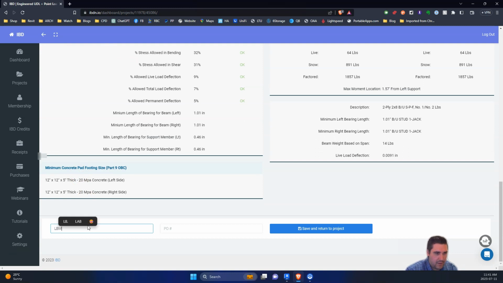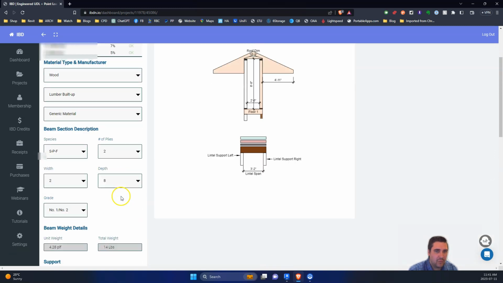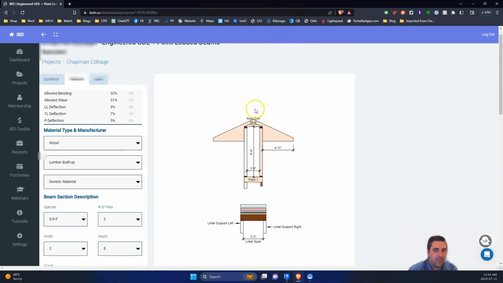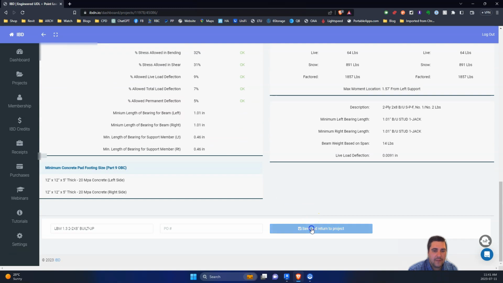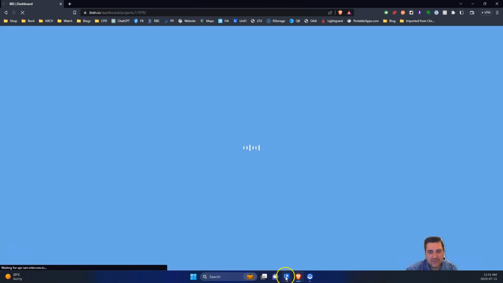2-2x8 inch build. So this lintel we'll probably use in a few spots because there's a couple small windows, but that's in general sizing structure. So we can change this to be 2-ply 2x8. I already have that there. Cool. So we can call this LBM